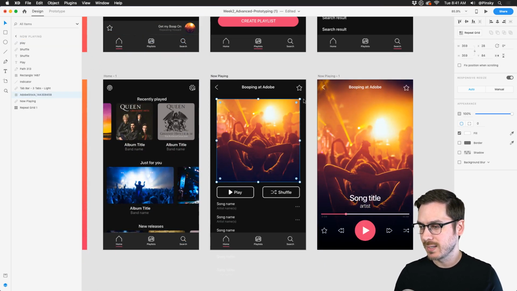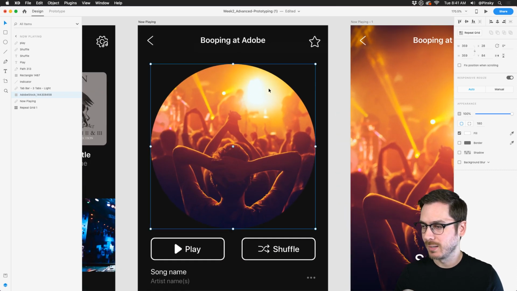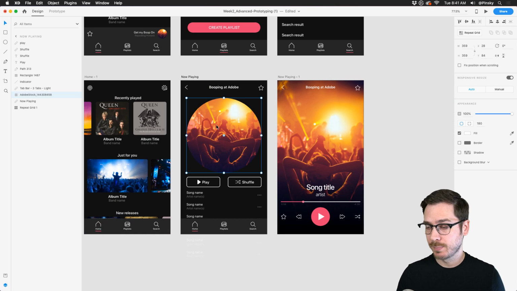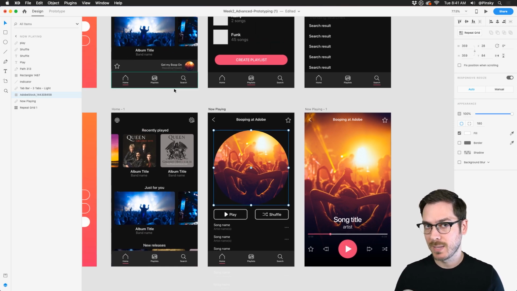And I'm actually going to tweak this a little bit so that it's rounded. And because it was a rectangle, all I had to do was just do that. Now, of course, when we do get to prototyping, this will not animate properly because these elements are not the same, the layer names are not the same, but we're going to deal with that probably tomorrow once we get to the prototyping phase. But I want to get to a few more things that I think would be kind of cool. And if we do have time at the end of today's stream, which is about 10 minutes from now, we'll polish this up a little bit.